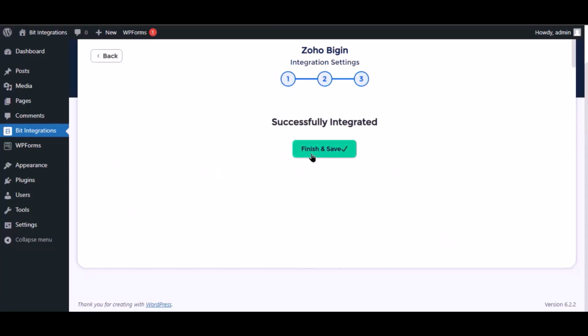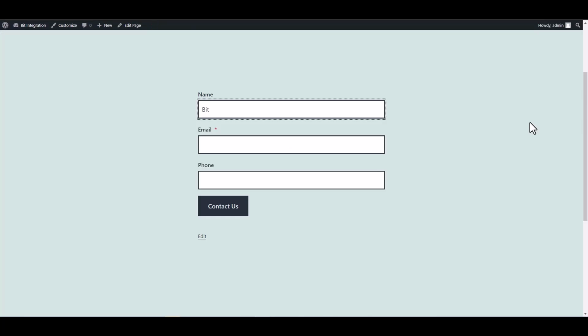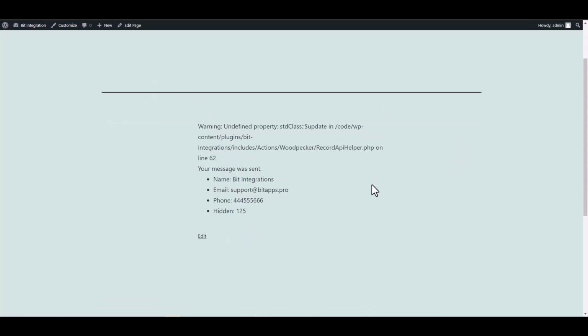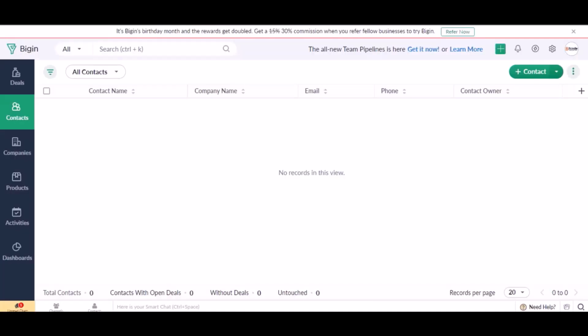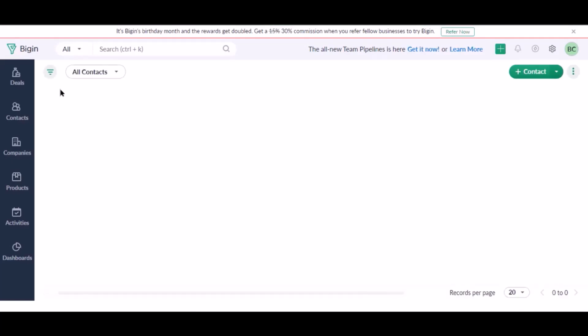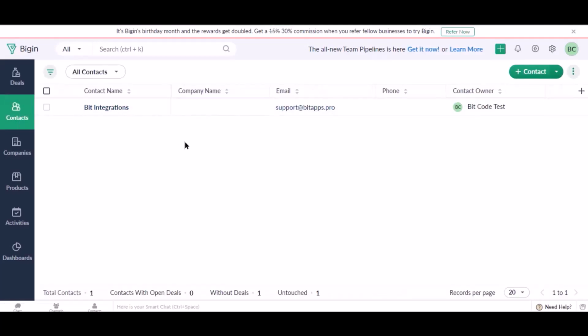Now save the integrations. Let's submit a form. Submit it. Also, go to Zoho Bigin and check whether the data is listed or not. Here is the data coming into Zoho Bigin from Bit